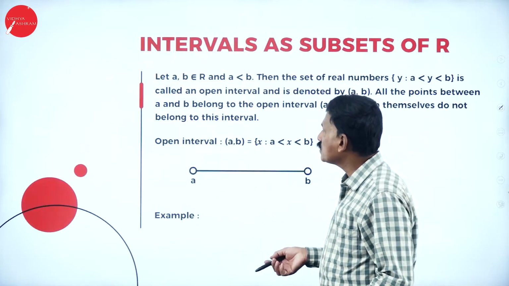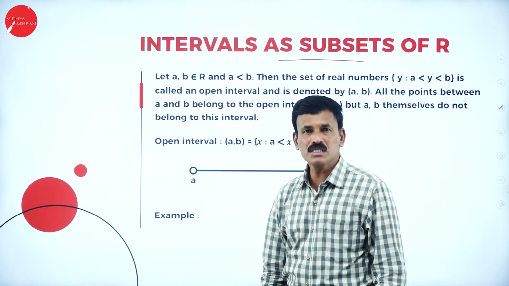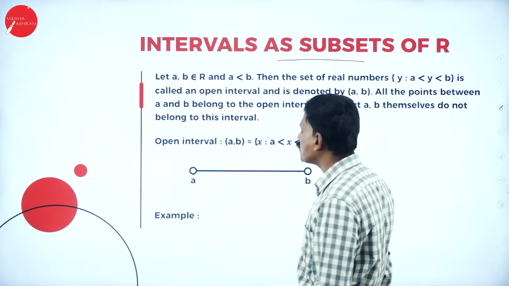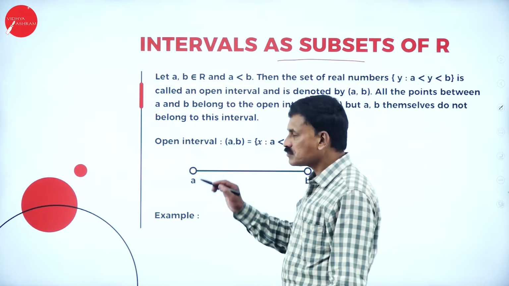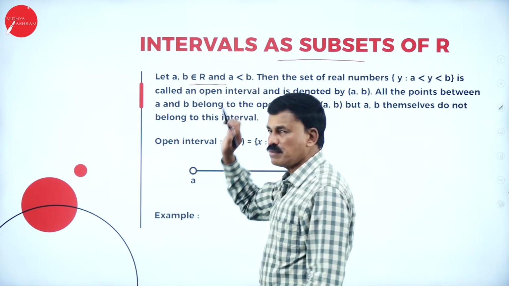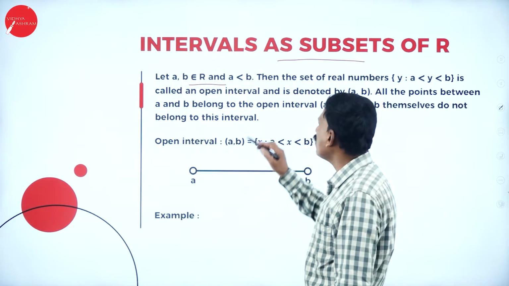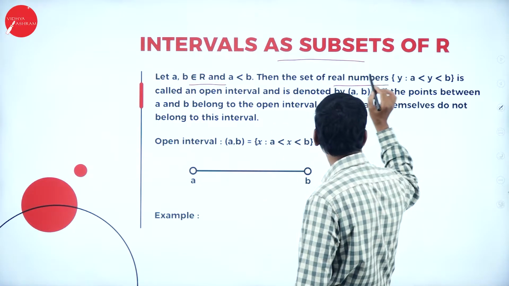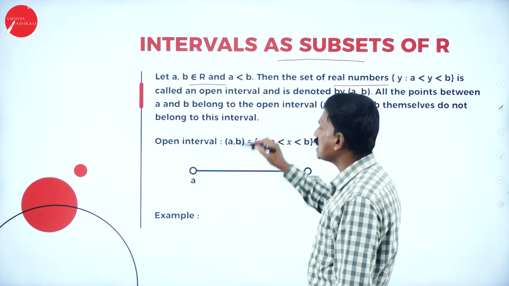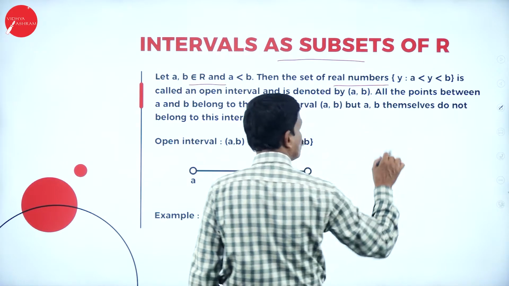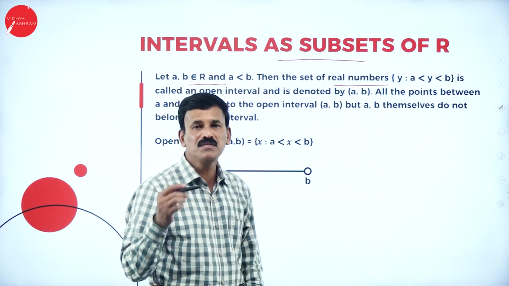Now let us come to the next concept, a very important concept, that is intervals as subsets of R. Suppose, let us consider two elements. Let a and b belong to R. If a and b are any two elements of R, R is nothing but the set of all real numbers. If a and b are any two real numbers, and if a is less than b, then the set of all real numbers y such that y lies between a and b